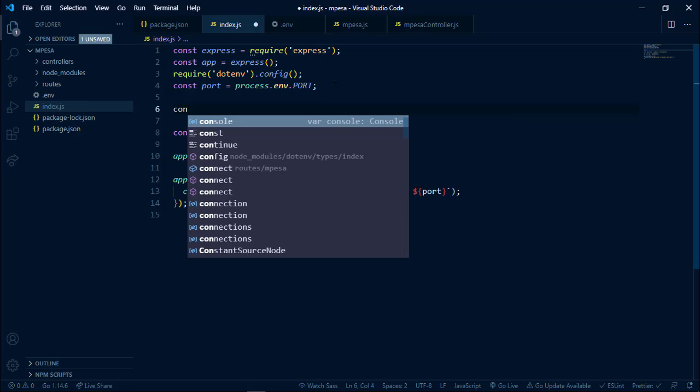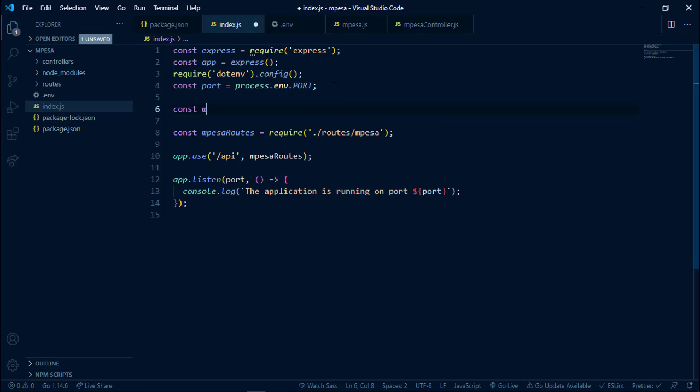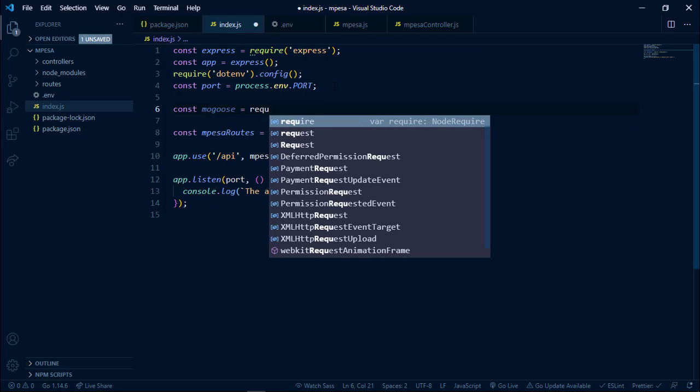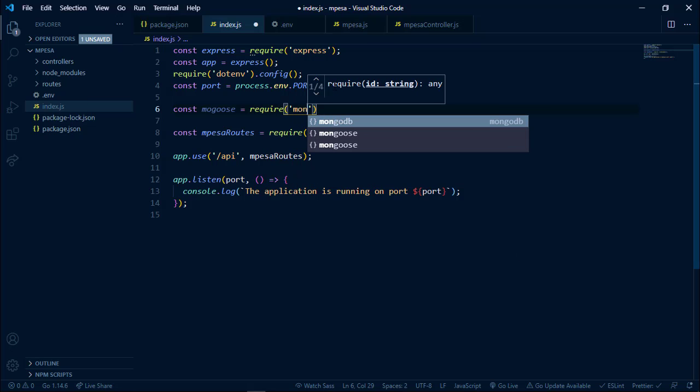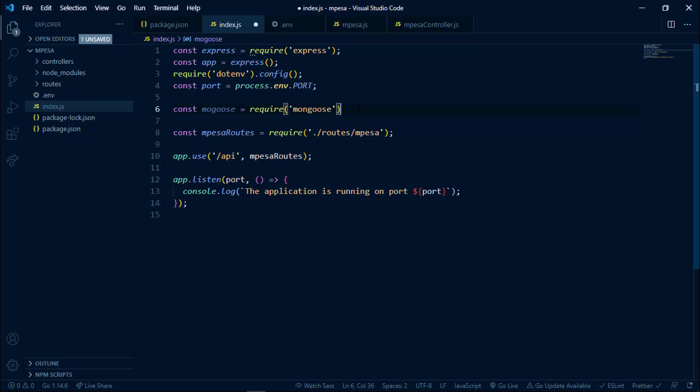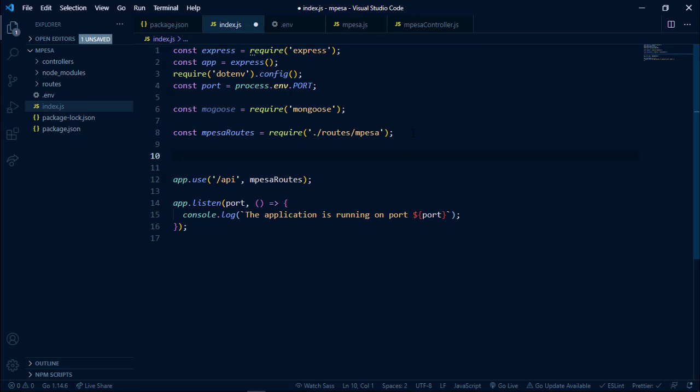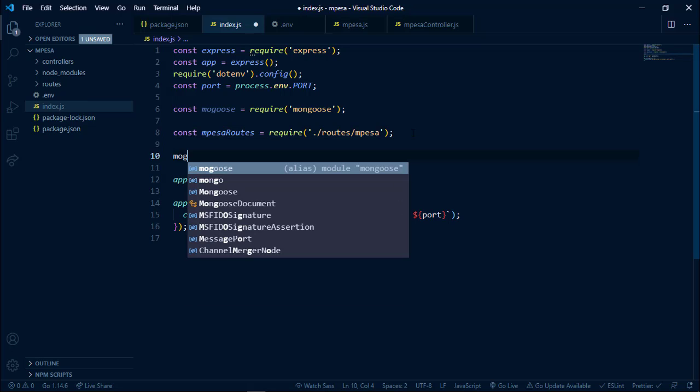So I'll do const mongoose equals require mongoose, like that. And then after that, we'll initialize that database. So we'll just do mongoose